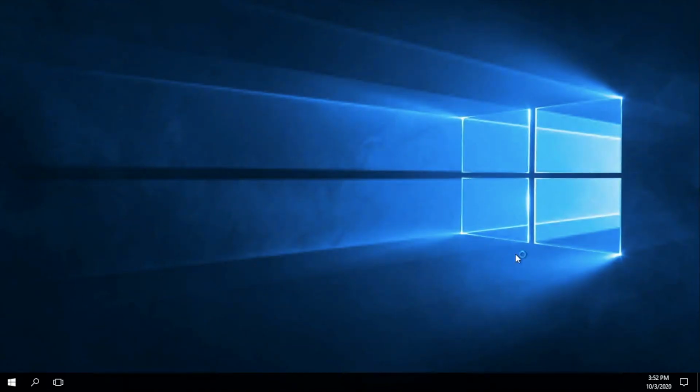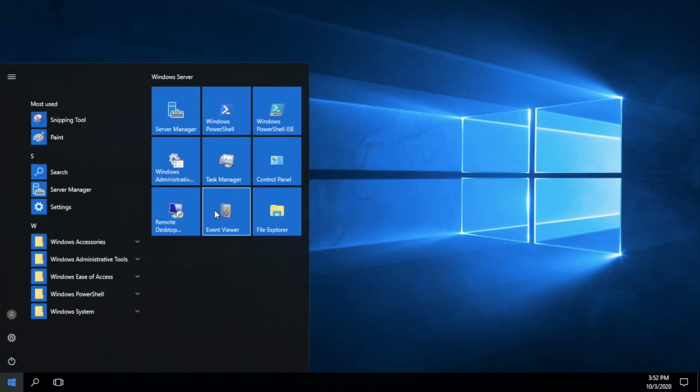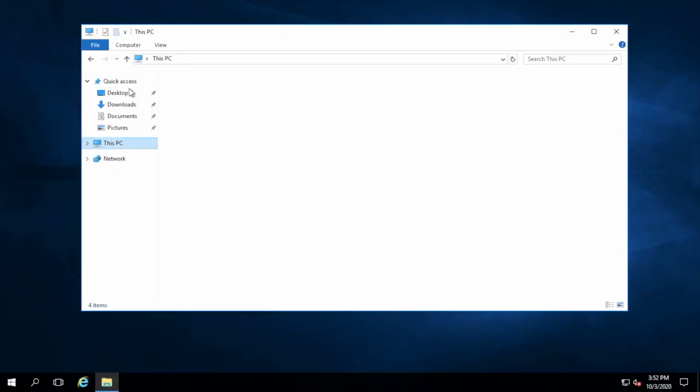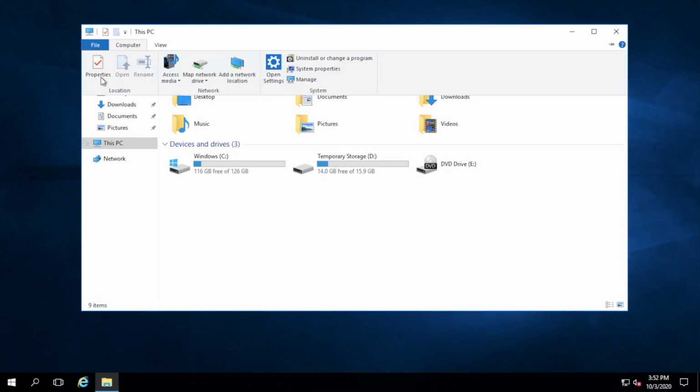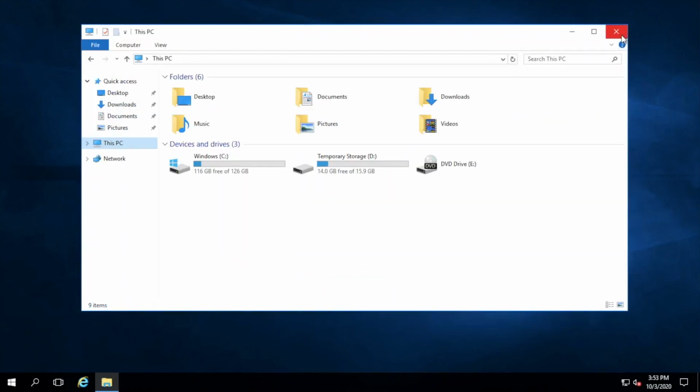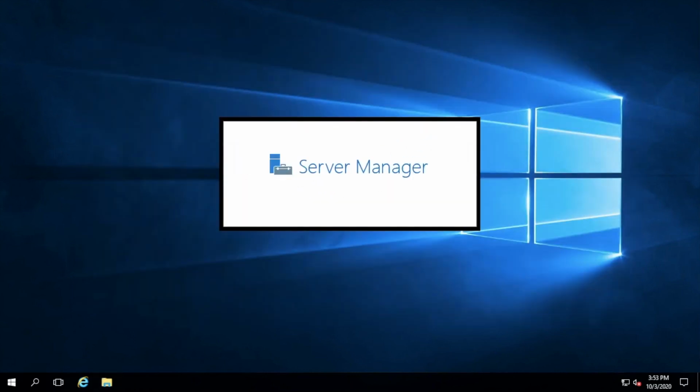This is the first time this machine is launched. Now whatever operations I want to do in this machine, I can do that, and I can show you the configuration of this machine. Clicking here, computer properties, this is all the configuration that we have for this machine. So 8 GB RAM is there. You can even enhance this after creating a virtual machine, and the Windows 2016 package is installed. So this is how you can create a virtual machine and access it.